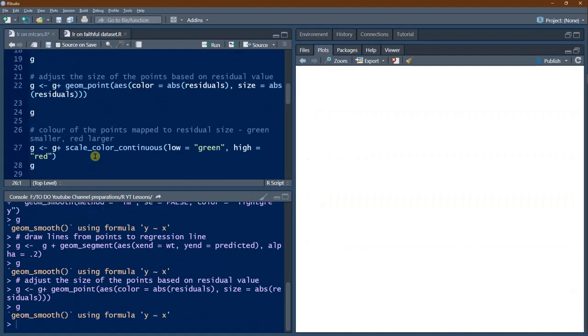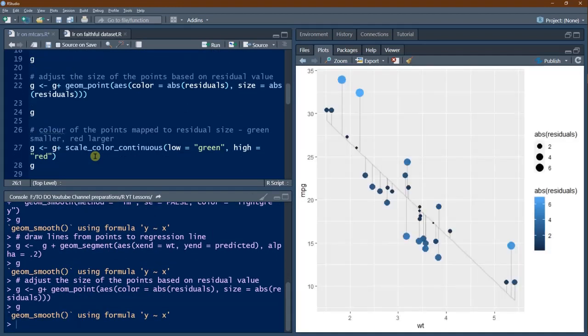Now we'll look at the plot. You have got a range of colors from dark blue to light blue, and in this range the values are from 0 to 7. These are the residuals, and the smallest, a residual of around 2, will be of this size, and residuals of around 6, the bigger ones, will be of this size. We have got that also now. But instead of this range of colors, we'll give green and red.